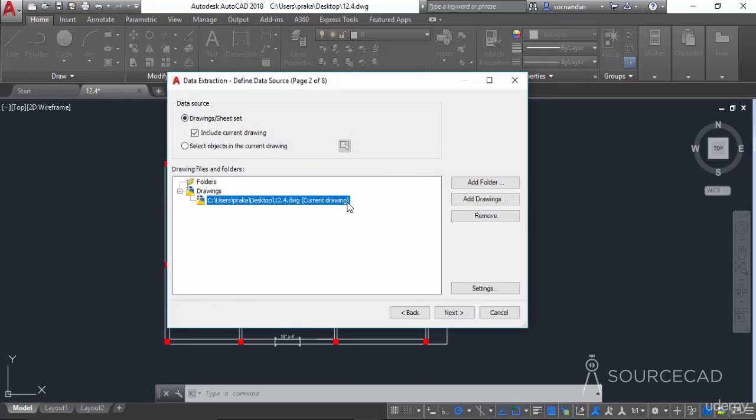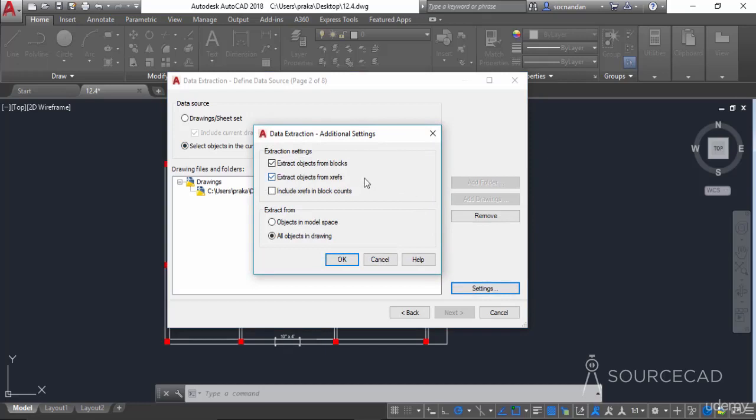Now we need to select the properties which need to be extracted, and for that we need to select this second radio button, which is select objects in current drawing, because we want to extract a limited amount of information from the current drawing. Now after selecting this, click on this settings button, and this will open this data extraction window.